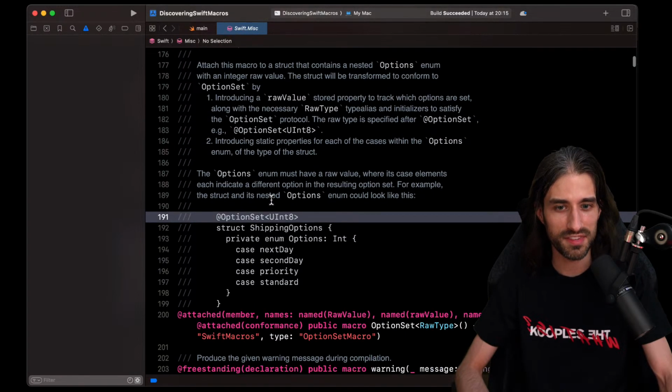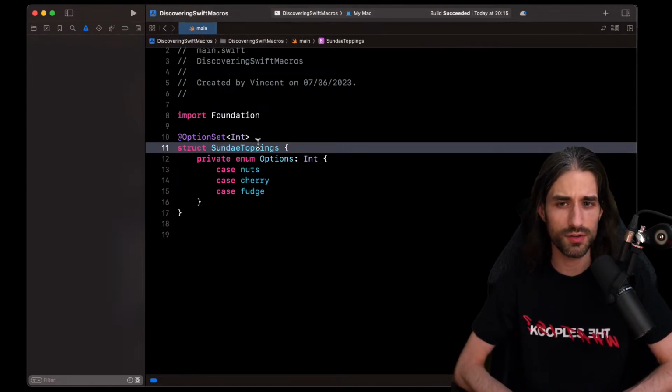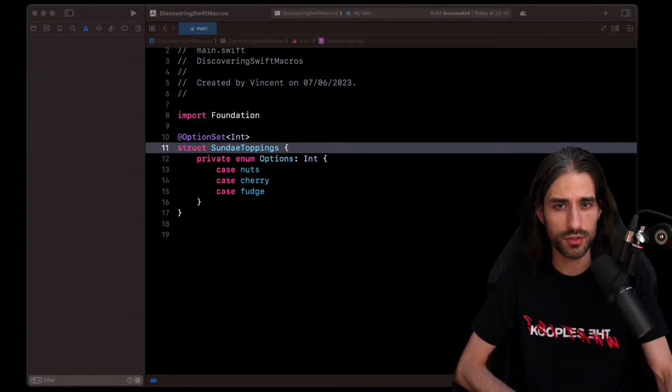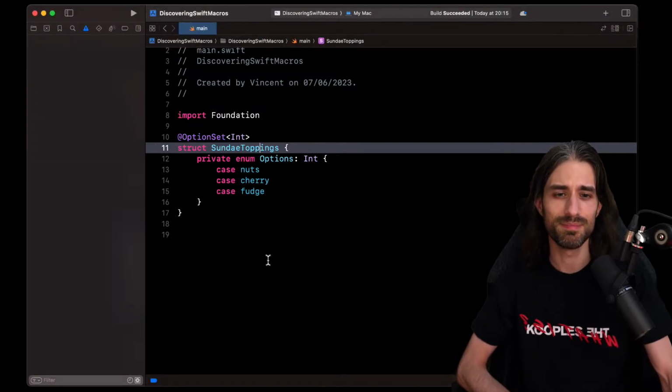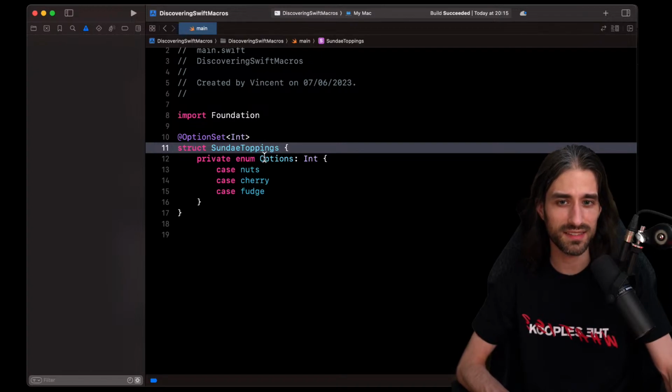That's interesting. I must say I haven't written that much low-level code. Actually, you know what? I'm not even sure that I've ever used an option set in production code. I remember reading about it when it was released in Swift, but I am not sure I have ever used it in production code. But I guess it's more necessary when you implement low-level things. For instance, I'm thinking of people that do communication with connected objects using Bluetooth Low Energy, where you're sending data frames across the network. I guess it makes much more sense to use an option set in this context.